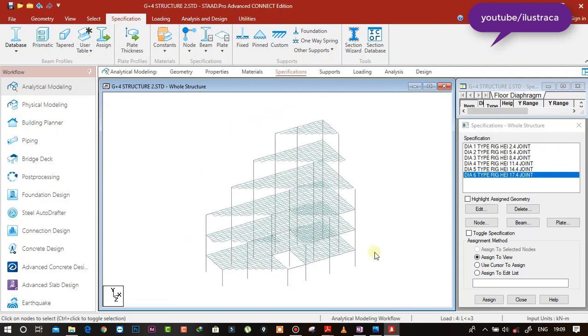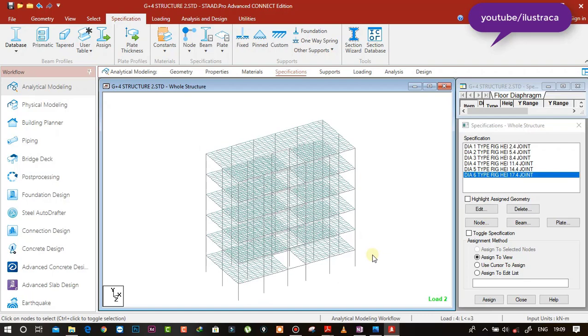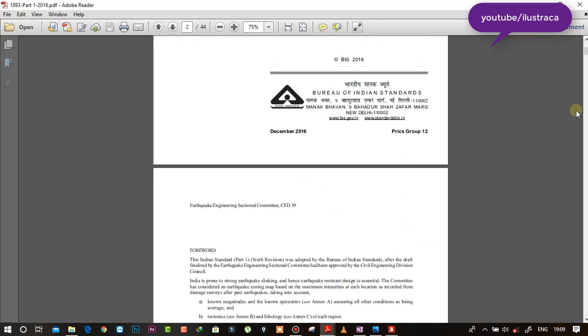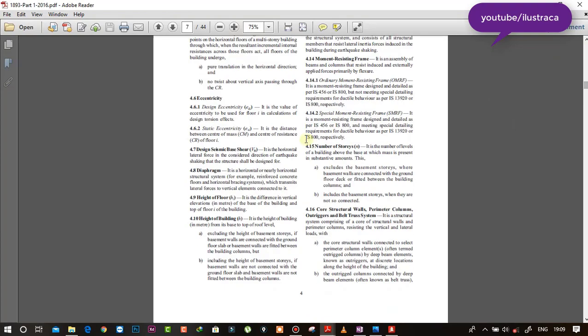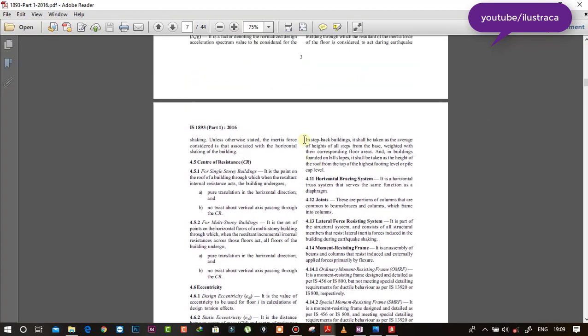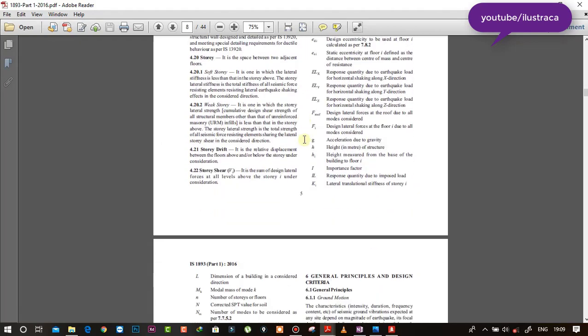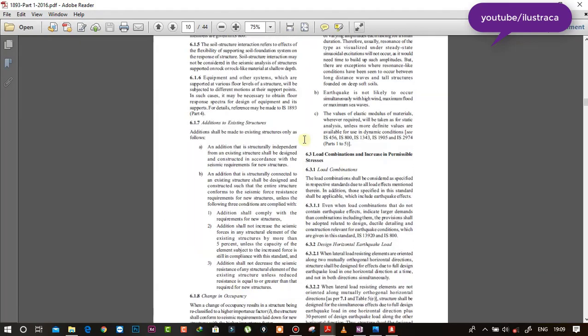Now we are going to define the stiffness modification factor, which is explained in IS 1893. If you see here, for beams and columns we need to reduce the stiffness of the beam and column to consider the cracked section.